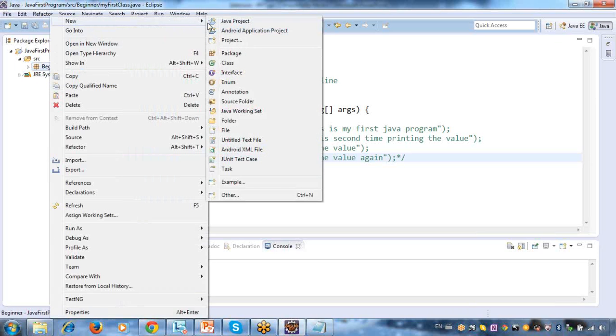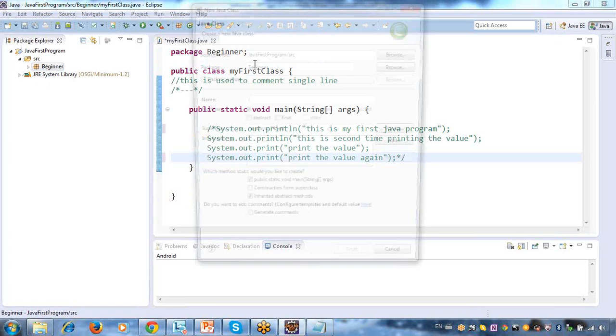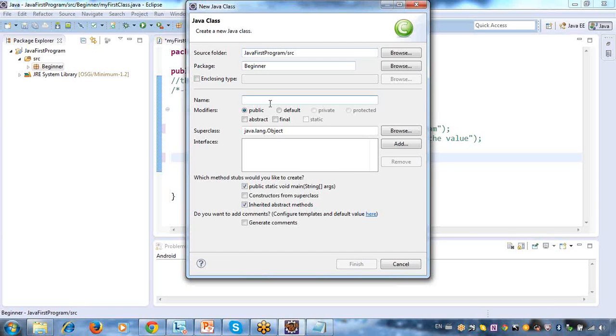A class is simply like a test case. Data types.